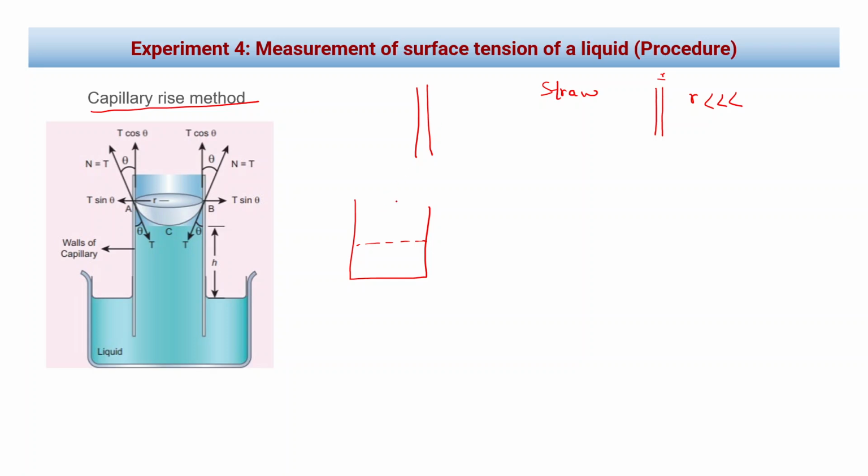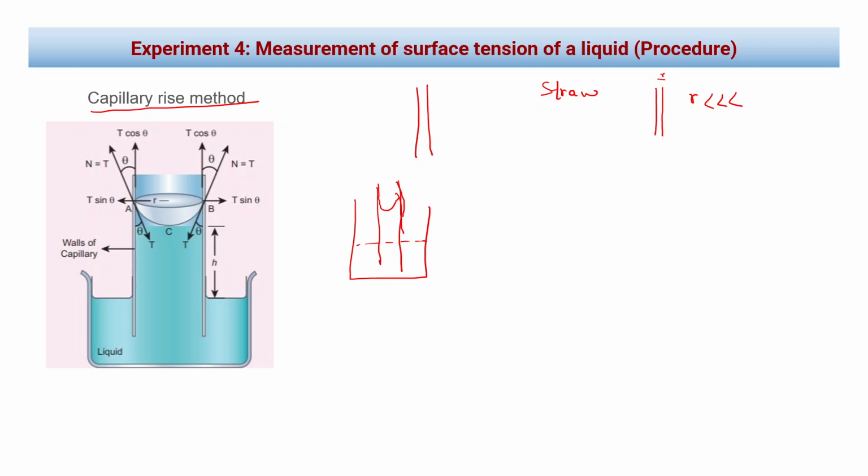Here I am showing the capillary very wide, just for ease of understanding; otherwise a capillary tube has a very small radius. When we insert it, the liquid will not stay here, it will rise, and depending on the nature of the liquid,